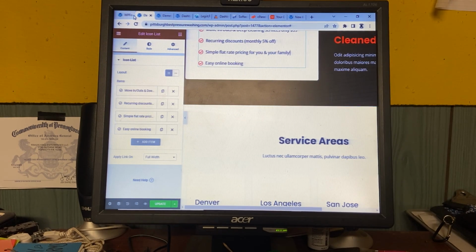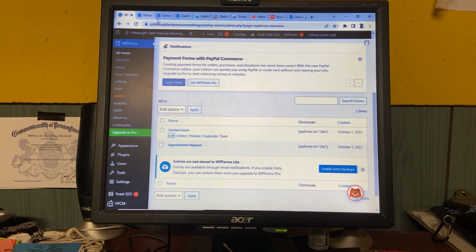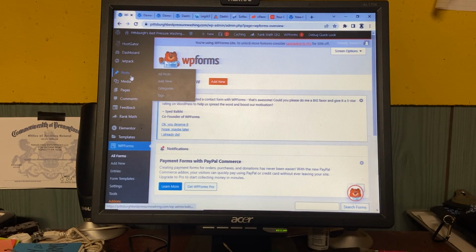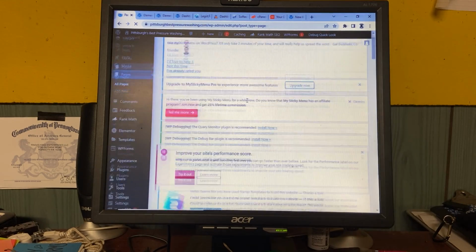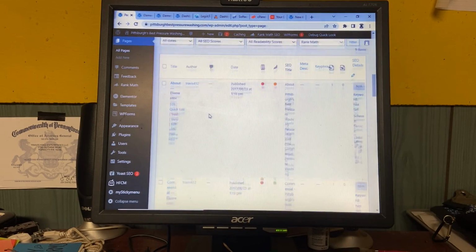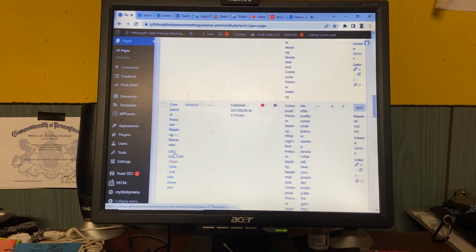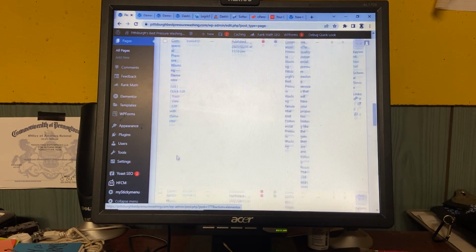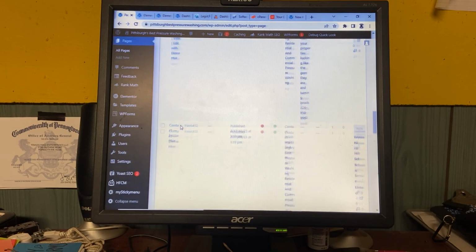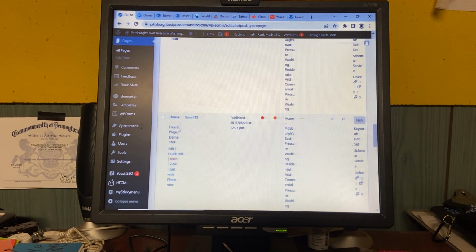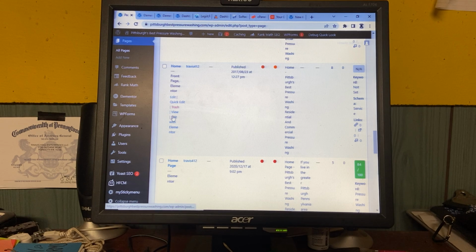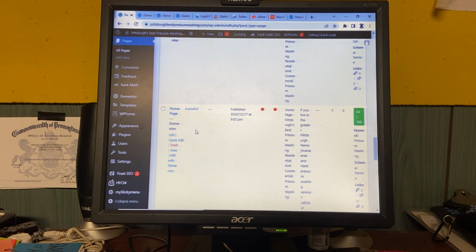And again, if you go back to, oops, this is forums. If you go back to pages, you can click edit with Elementor for the commercial page. I have some cleaning up to do, obviously, but you can do the contact page, the home page. I'm going to have to get rid of some of these.